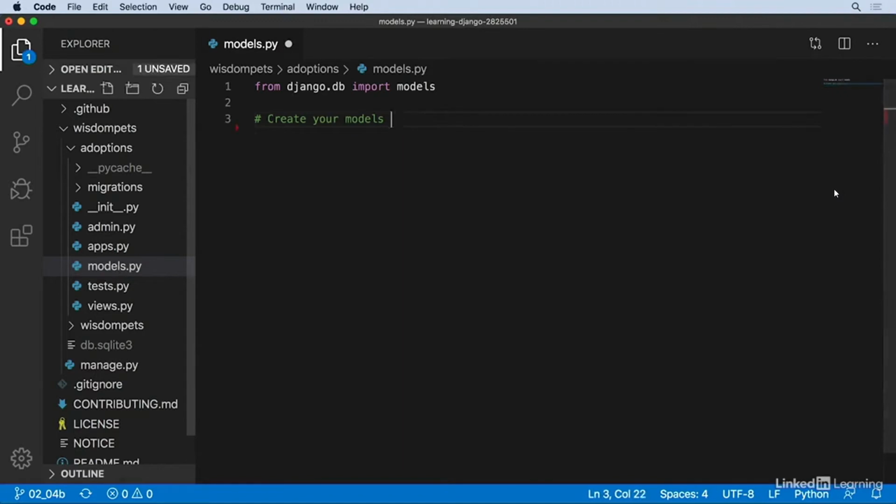Now, I'll remove this comment that's no longer needed. Let's start with a model for storing our pet information. So, we'll create a class called Pet, and we'll make it inherit from models.Model. Next, I'll start providing the fields for this model. Let's start with the pet's name, and we'll use a CharField. For a pet's name, a reasonable max length might be about 100 characters, so we'll set max_length equal to